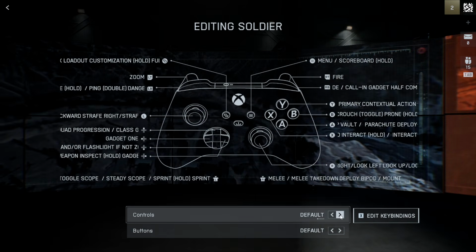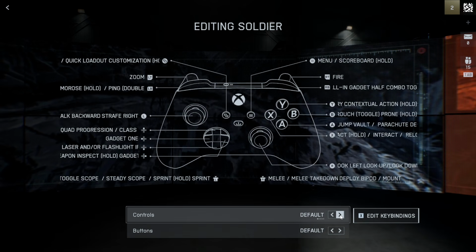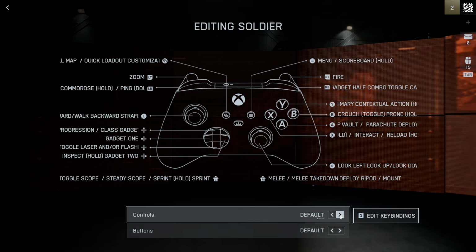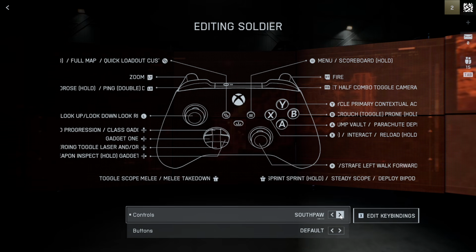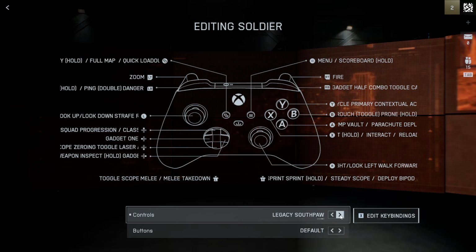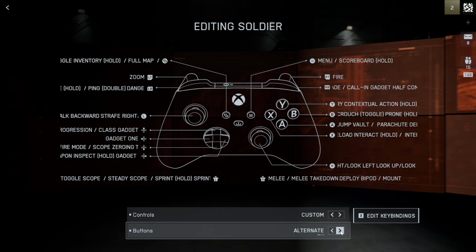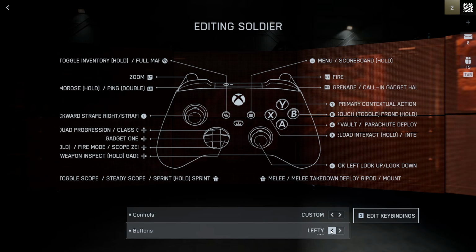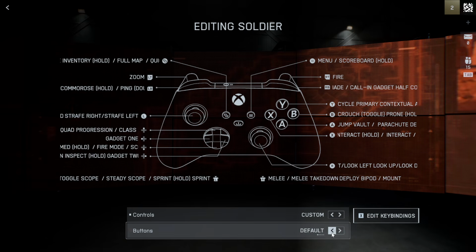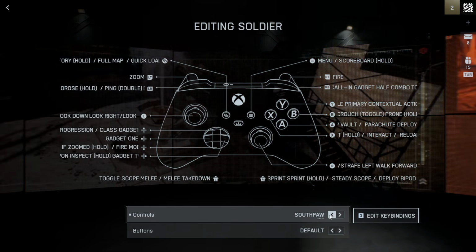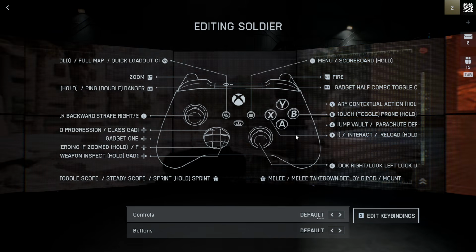And the DICE team has actually created different layouts, different controls, such as Southpaw, Legacy Southpaw, Custom, and so on and so on. So these are made key bindings that you can use, lefty, alternate, so on and so on. Okay, but what I recommend you do is that if you want to change something, you actually go in here